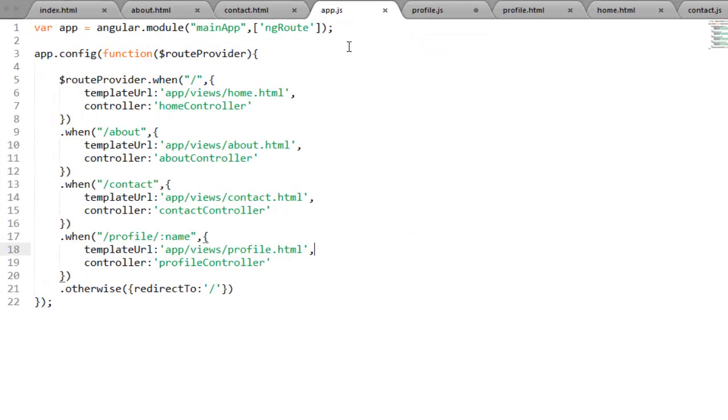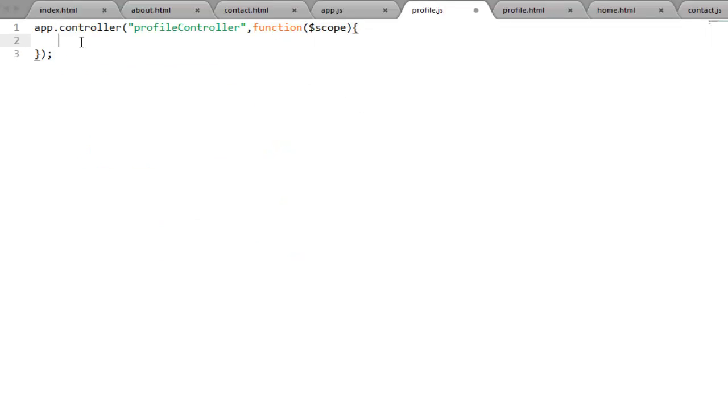So now moving to the profile.js file, and this route has a parameter. If you want to retrieve the value of the parameter, you have one more service that is called routeParams. routeParams is a kind of object that holds all the parameters that you have on this particular route. So this service you have to inject as a dependency here.